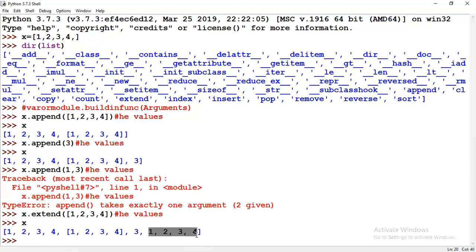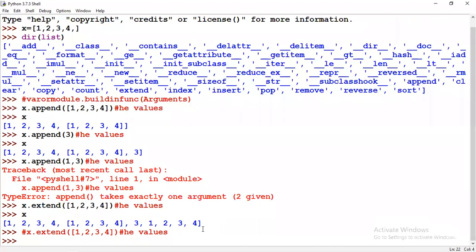Ma'am, in index we can add any numbers, right? Here we added 4 and we can add any numbers, but in brackets we can only add one. That is for append. In extend, we need to give only a sequence. The sequence will be extracted and added at the end. In append we have to give only one number. But in extend, we can give any numbers, 1, 2, 3, 4, more than 4 numbers. One number we can give, right?